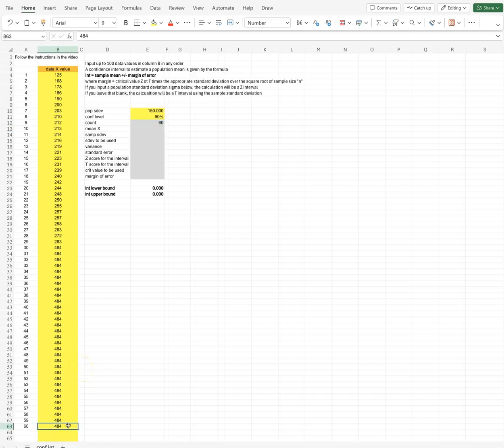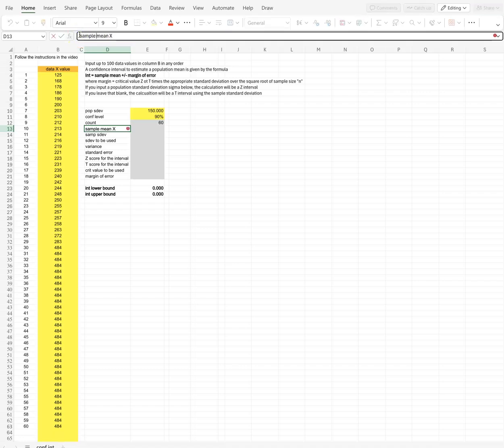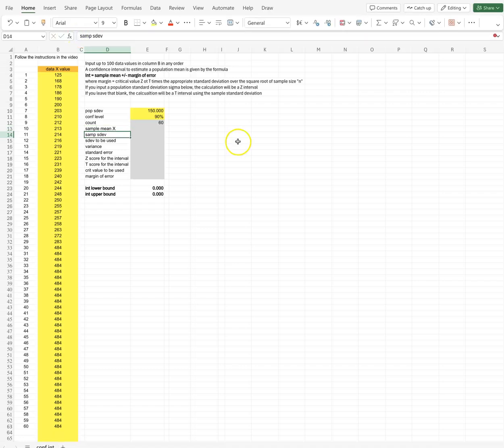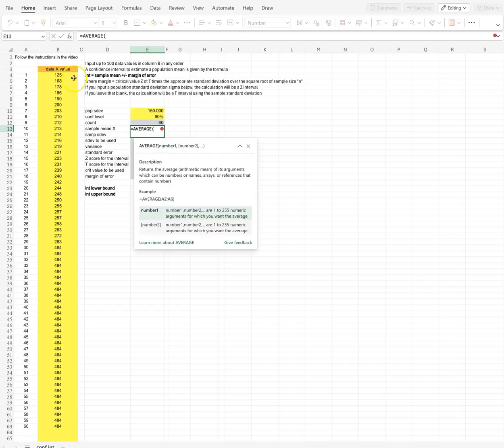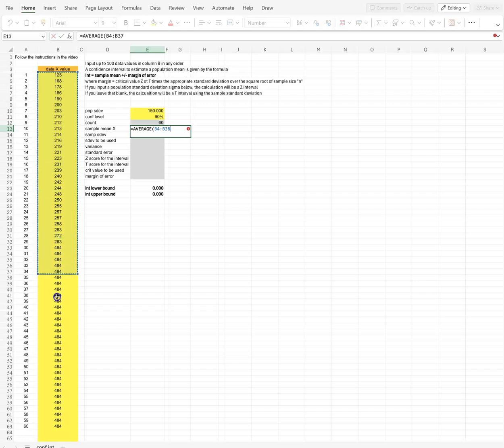So you notice if I was to delete a value, it shows as 59. Now I put it back to 60. Now we want the sample mean X bar. The sample mean is also known as average. The function here is called average. So we'll just say equals, start typing AV. You'll see the different types of average. You want just a basic average function,